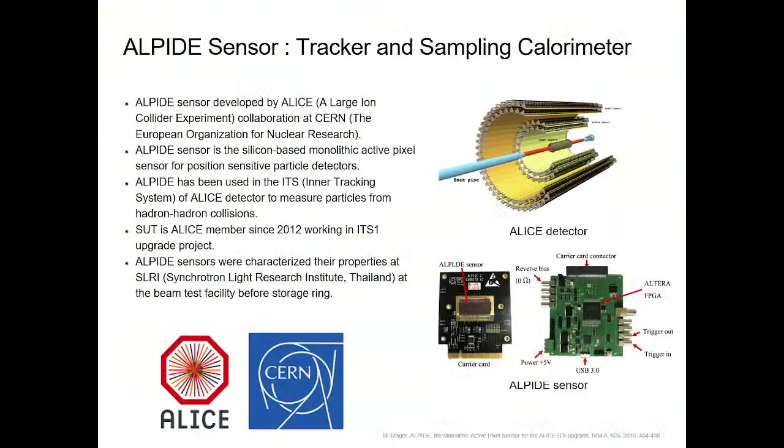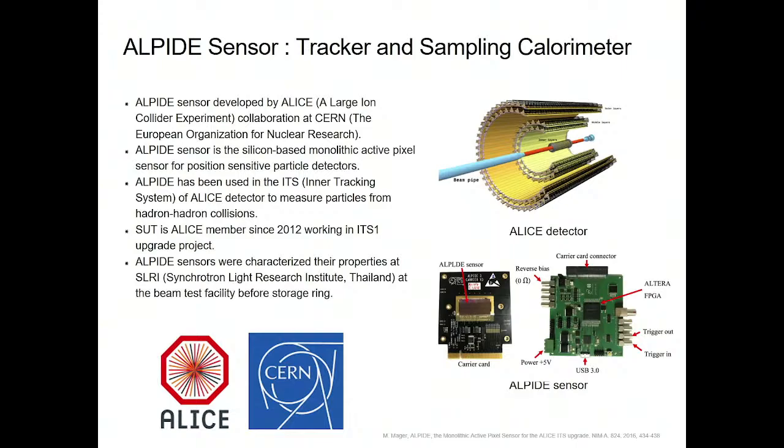Thanks to another collaboration with CERN, Ajahn Chinorat also has a collaboration with CERN. He is part of the ALICE experiment, where in the past we developed the innermost tracking system, or ITS. This part of the detector consists of an array of sensors named the ALPIDE sensor. Sorry, that is ALICE, a large ion collider. The ALPIDE sensor is the